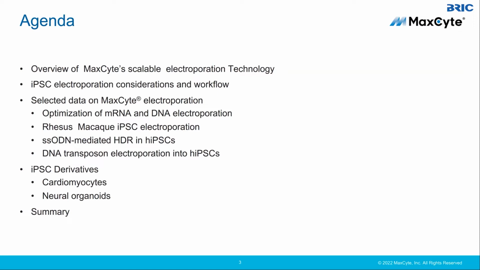We also have an example from a collaborator delivering DNA transposons into iPSCs for TCR T cells. And then a couple examples of iPSC derivatives, namely cardiomyocytes and neural organoids that some of our customers have electroporated. So with that,